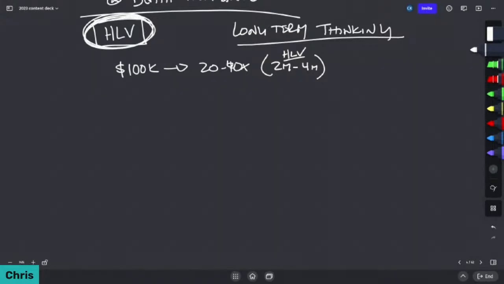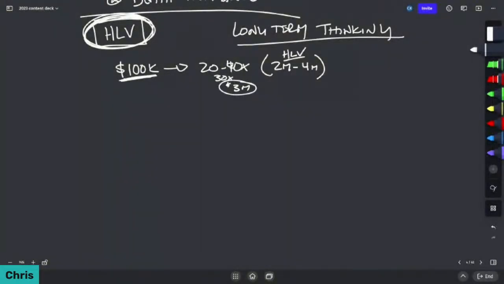I know a lot of people that have $100,000 of income right now. I could probably name 10 people in my life that are making around the six-figure mark, maybe give or take, $80,000 to $120,000 in that range. The life insurance company would look at them and say, based on your scenario, we're going to give you a 30X human life value at 100K. That's $3 million.